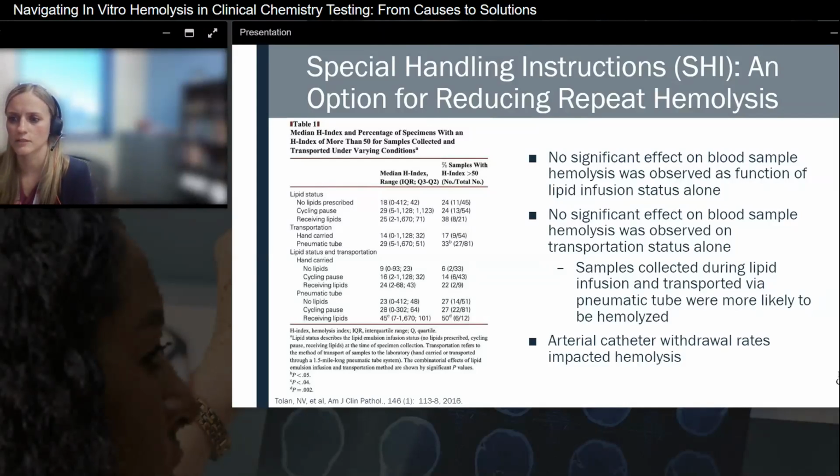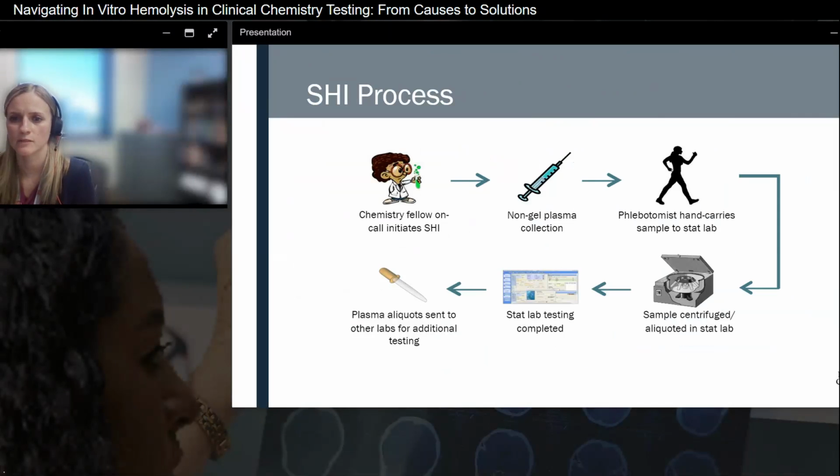These findings ultimately led to a more formalized and standardized process for collecting specimens from patients with repeat hemolysis. And this process, of course, is the SHI process, or the Special Handling Instructions process that I referred to earlier. The overview of the process is shown on this slide. The Special Handling Instruction process starts with the clinical chemistry fellow initiating special handling instructions after discussion with the clinical team. The steps involve filling out a form with the analytes that have been repeatedly hemolyzed,